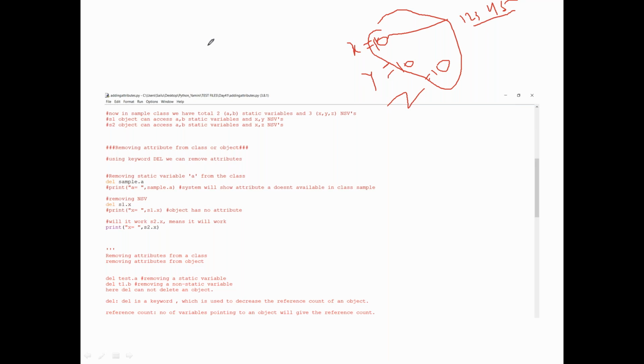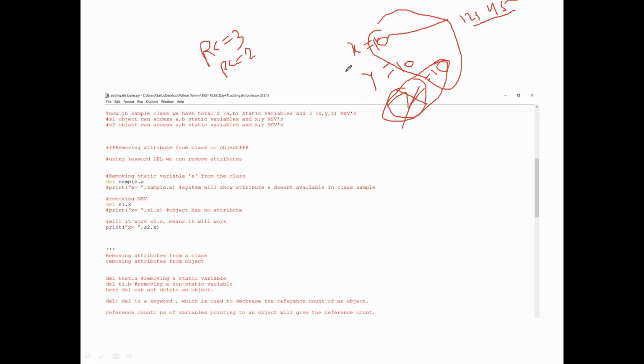So I will call it a reference count equal to 3. Whenever I remove the variable z, for example, this 10 will no longer be referred to by z. Now 2 variables are referring to the same address which holds the value 10. So the reference count will become 2.